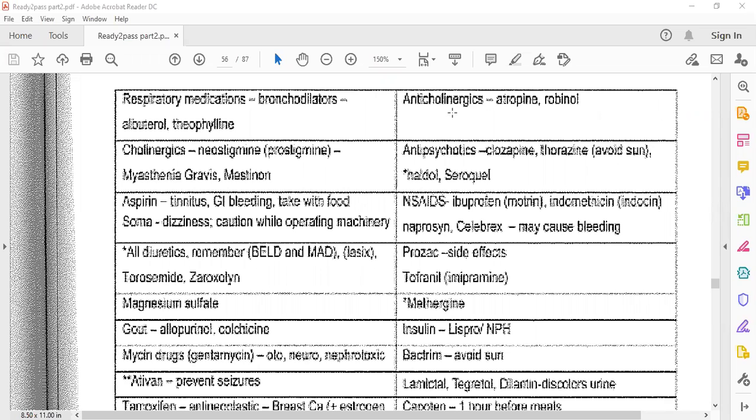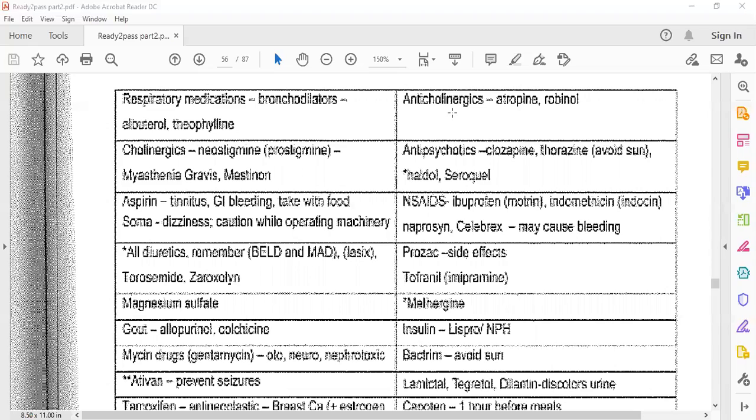It transfers the signal between certain cells to affect how your body functions. So anticholinergics can treat a variety of conditions, including urinary incontinence, one of the uses, right? Urinary incontinence or overactive bladder, or we can use them for